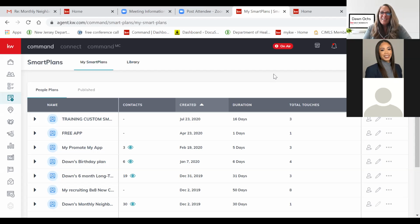Yeah. Admittedly, I'm an admin for a team, and so I think the smart plans as they exist now in Command are primarily an agent-facing feature for nurturing clients and things like that. So I kind of have half an ear on it, as I'm just trying to stay as updated as I can on the agent-facing features of Command, but I'm really more focused myself on the admin, operations-facing features of the system right now. So more like contractual. Yeah, I mean, my understanding is maybe eventually smart plans will be able to be used in relation with opportunities. As far as task management goes, is that something that's...